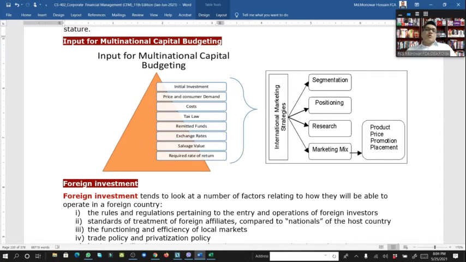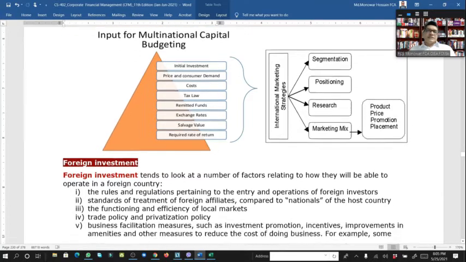So for going multinational, that type of thing also has to be thought about, and the required rate of return. How much rate of return do we need for investment, and international marketing strategy. How does this fix segmentation? What is segmentation? And different items, different products in different lines, and positioning, research, marketing mix. And we know the marketing mix has product, price, promotion, placement, etc. within it. And effectively doing that type of work and thinking about multinational capital budgeting and going for